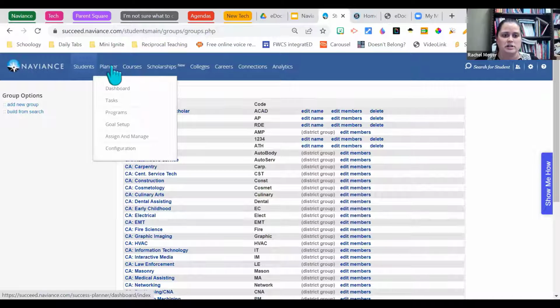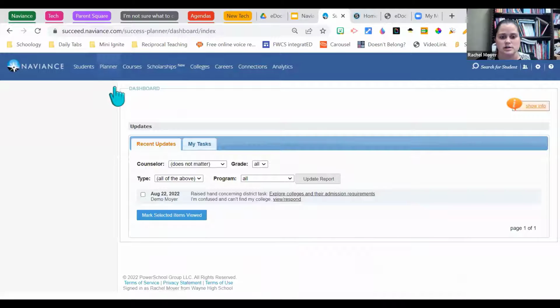So now I'm going to come to Planner and Dashboard. So this is going to show me the students in my school and how they're doing on the various tasks. So things that can show me are comments they've made, documents they've completed, surveys, or questions they've asked. So right here is my demo, and I can see that they've asked a question, so I am able to